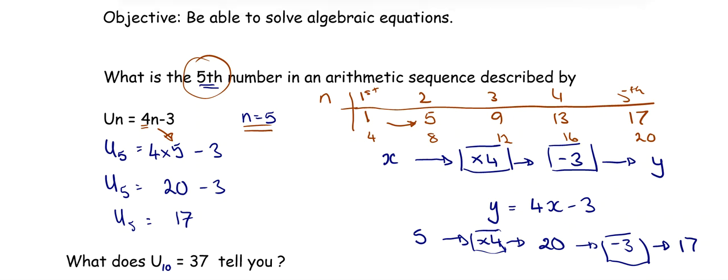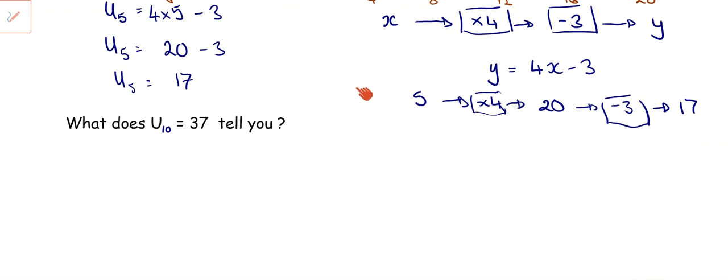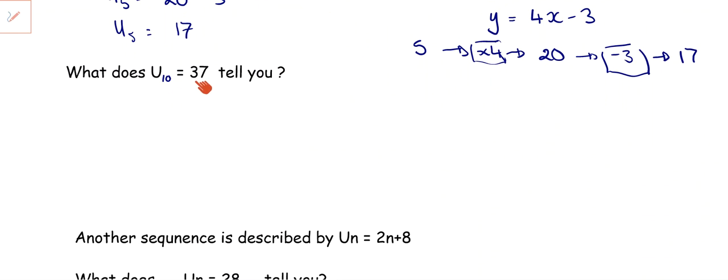So this is where the next thing is where I'm checking your understanding. We've already found a couple of people that are not quite sure, so I hope that cleared up a little bit, made links. What does U10 equals 37 tell me? Zoe? Yeah. What this means, everyone, to write it down, the 10th number